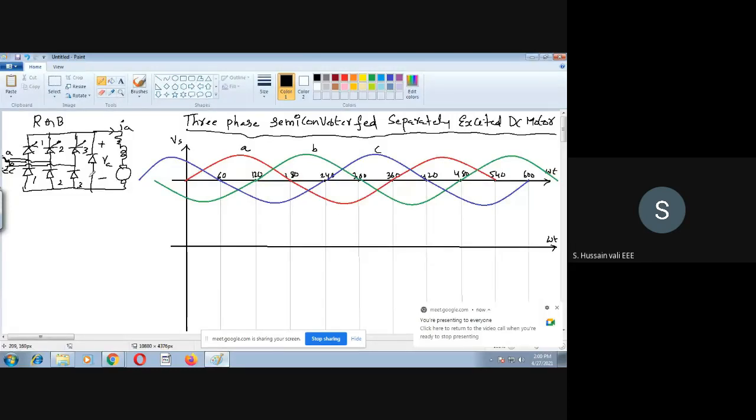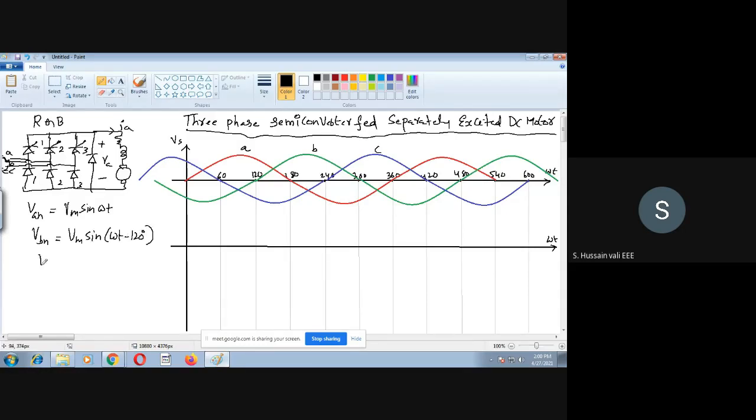So what are the voltages here? Voltage in the sense, I will write here VAN. See, phase voltage of phase A is Vm sin omega t. VBN is equal to Vm sin(omega t minus 120). VCN is equal to Vm sin(omega t plus 120). So what you need to understand here is that